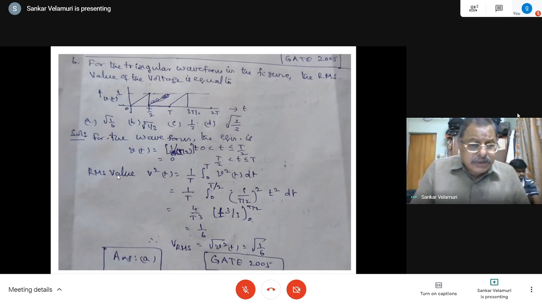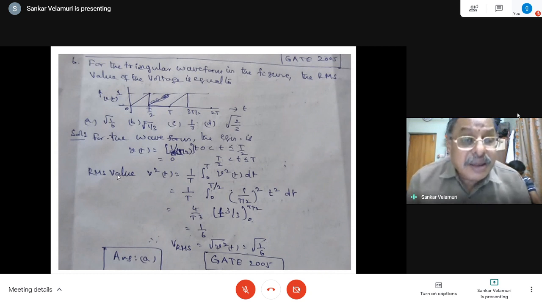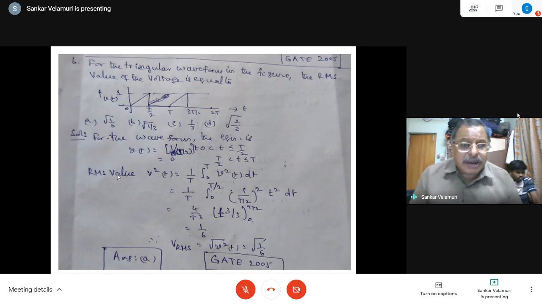So I have done that. A good number of examples have been considered: three examples for magnetic circuits, one or two examples for capacitive circuits, and six examples in the AC circuit analysis, including series parallel combinations, and even triangular wave shapes for finding the RMS value. So about 10 examples I have done. Some of them were given in GATE, for 1 mark and 2 marks. Some of them were given in other competitive examinations.